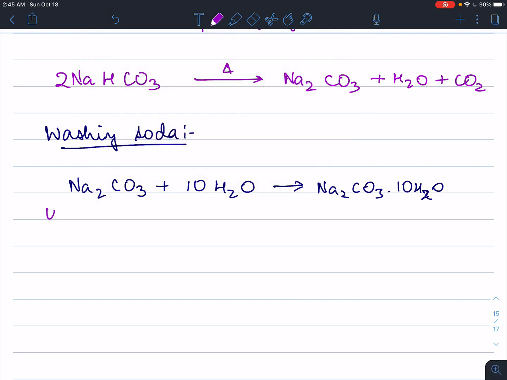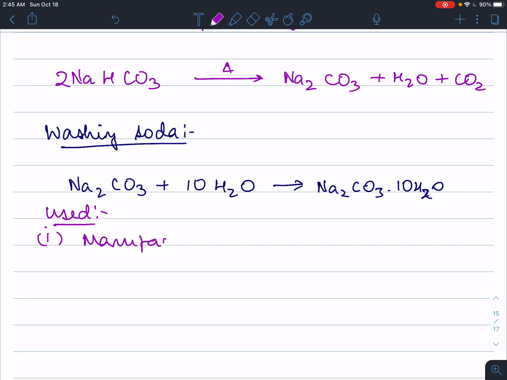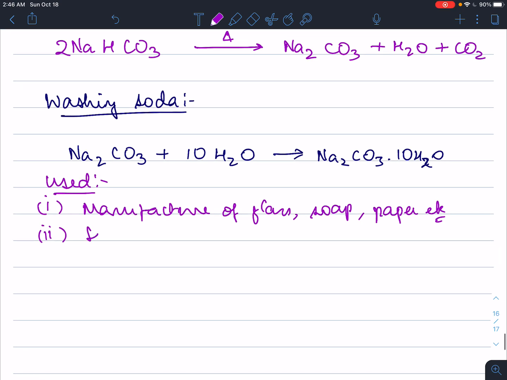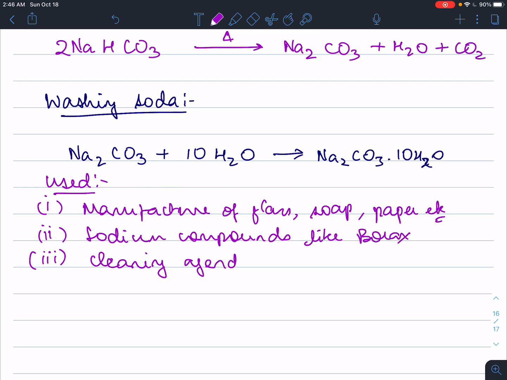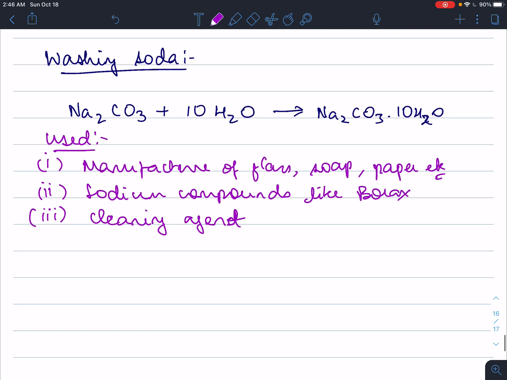It is used in various places. Firstly, it is used in the manufacture of glass, soap, paper, many other places. It is used in the manufacture of sodium compounds like borax. It is used as a cleaning agent in domestic use. Also, it is used in removing permanent hardness